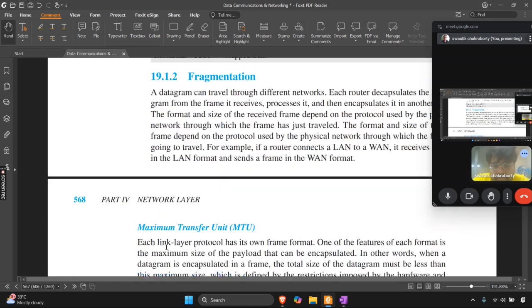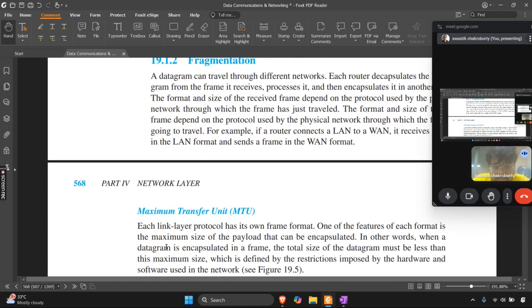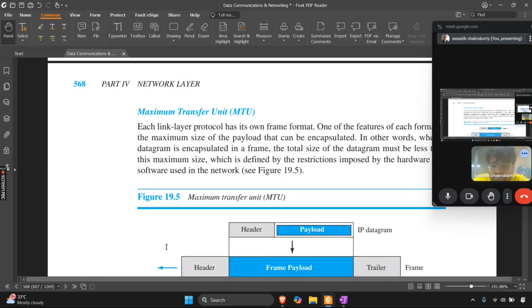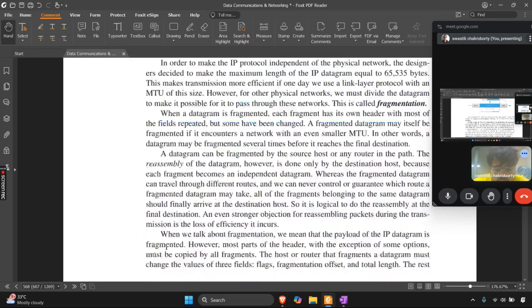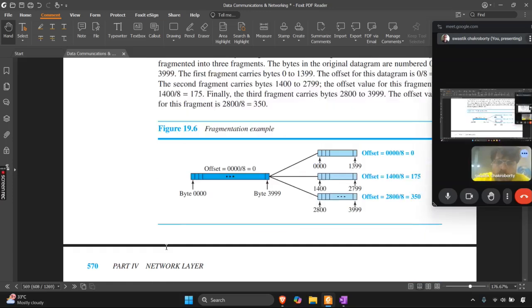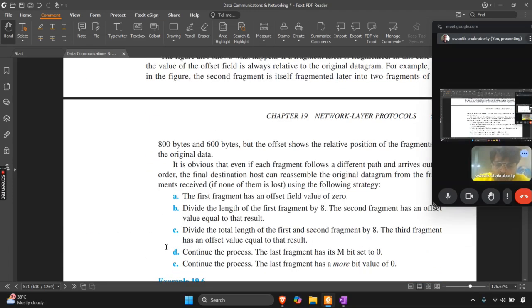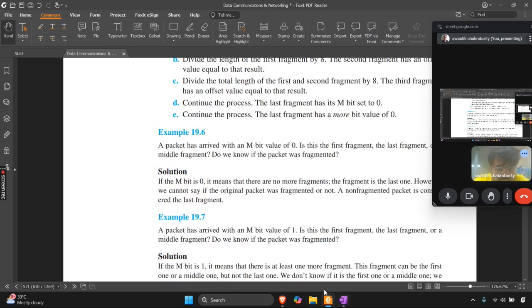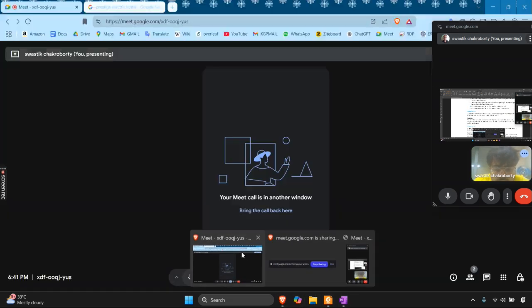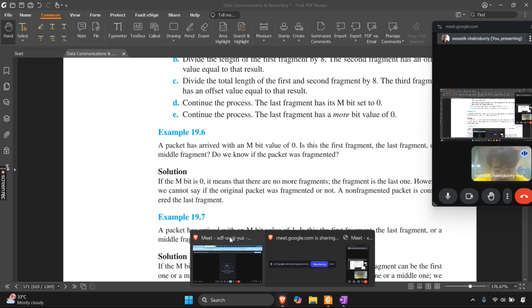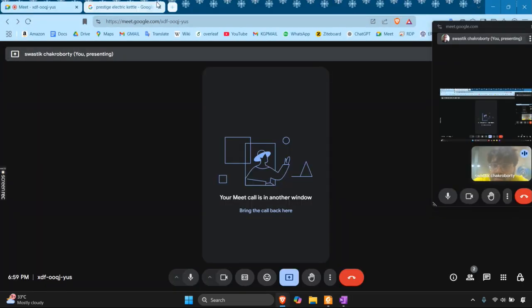So the way it will be fragmented will be dictated by the protocol which is fragmenting it. I think fragmentation is not included in the syllabus, so